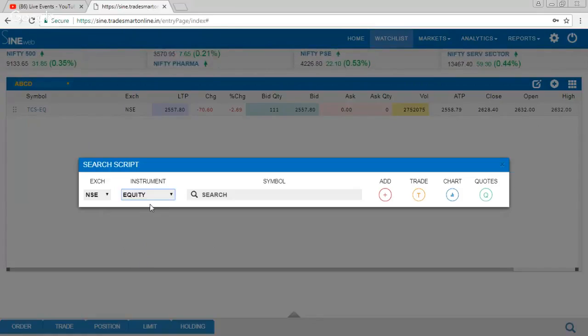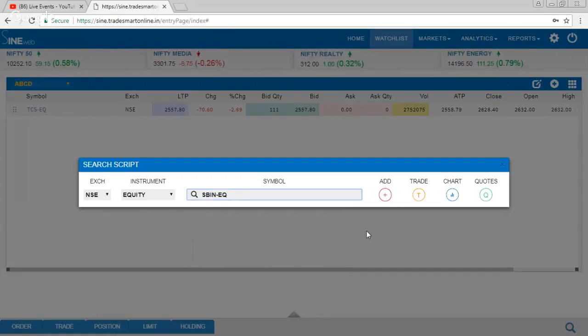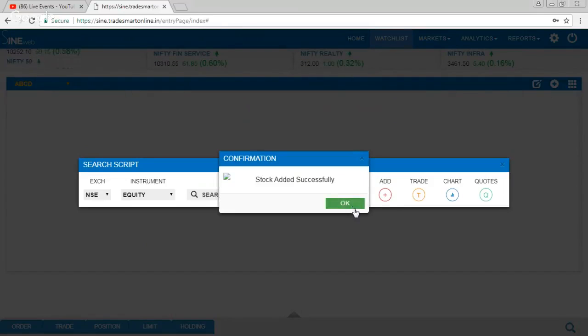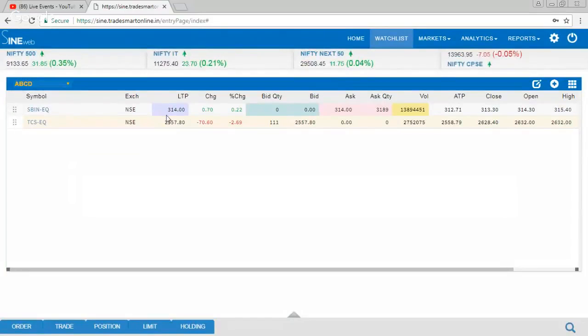Let us take the example of SBI. You have to search SBI and select SBI EQ, click on the add sign, and select the watch list. Click on the plus sign. The stock will be added in your watch list.